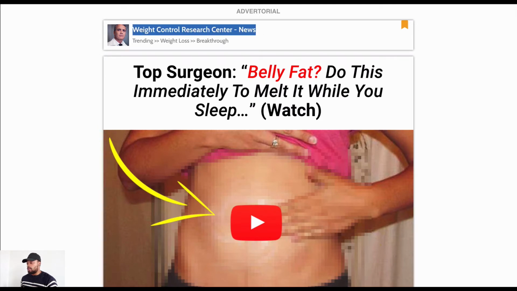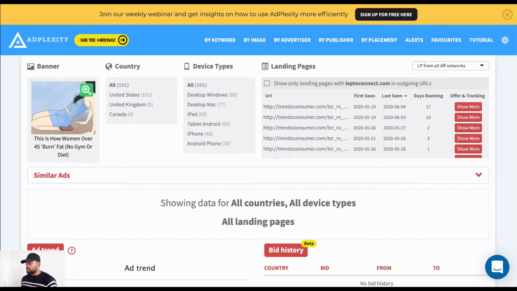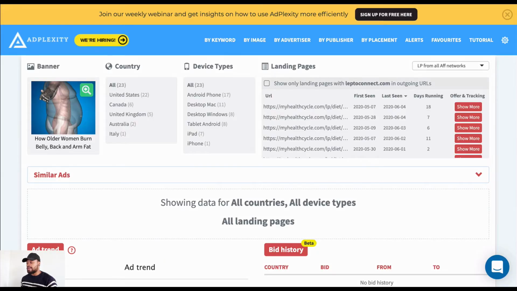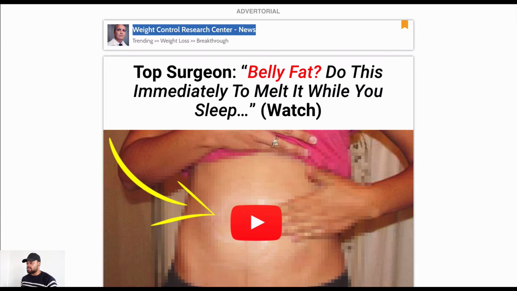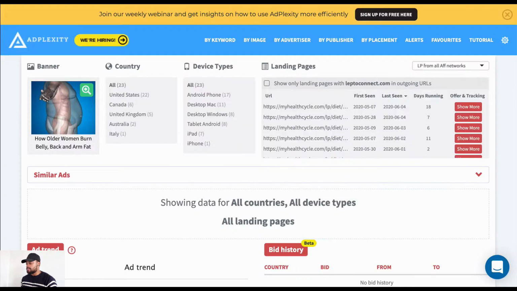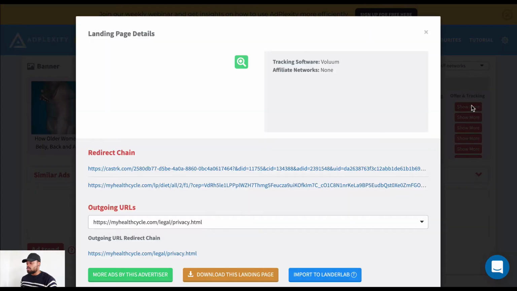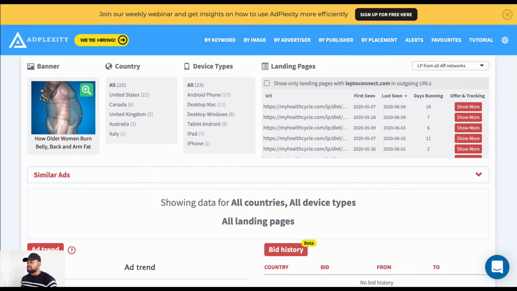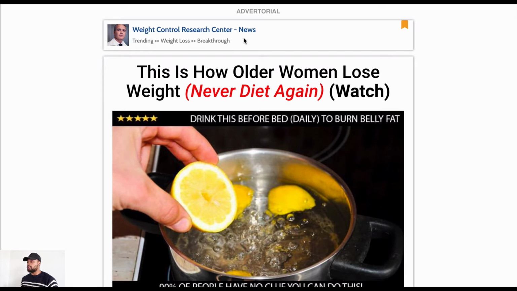Okay, looking for some patterns. Let's see if there's any other. This is the same affiliate. No, but I'm just gonna keep some of these open so I can swipe their creatives later on. My health cycle. Do I have my health cycle? No, that's trends consumer. My health cycle. Yeah, that's the same guy or girl. Okay, cool. So I'm just gonna leave it with these 2, and I'm gonna start building this out inside of